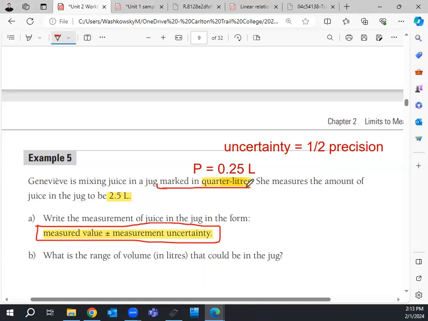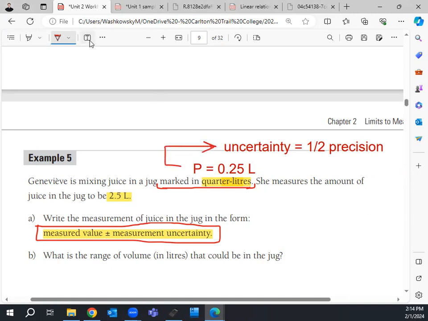Reading the question is quite important here, and really trying to understand what it means. Where most people are going to make a mistake is they'll think, oh, it's 0.1, or oh, it's 1, but in this case, we're looking at how is it marked? What unit of measurement is being used? Normally we look at the centimeter on rulers and stuff like that. But the precision is the tool of the measuring device. This jug has a measuring device built into it, which is in quarter liters. You might see those in jugs or pots you have. But now I know what the precision is, and with that, I can figure out